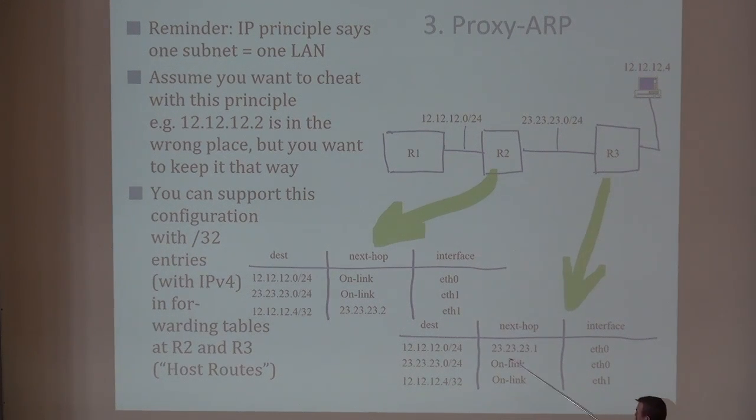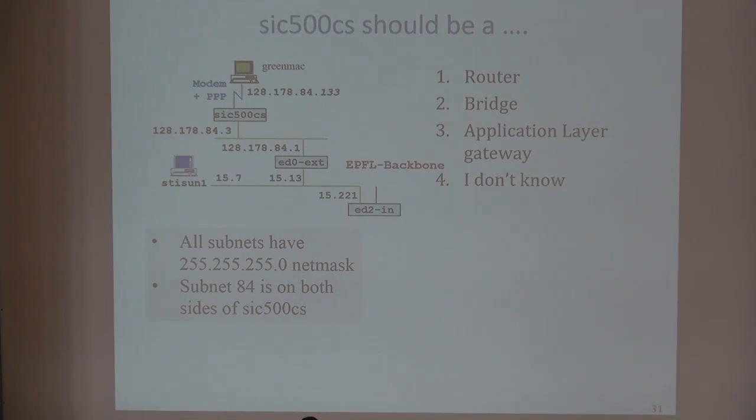Certainly in the routing table, you can do routes that are called host routes, where the prefix is equal to the total IP address. You can always manipulate the routing table so that when a packet comes here, instead of going to the 12.12, for this specific thing, it will go there. It is possible because IP does longest prefix match. However, as we will see, it poses a number of other problems.